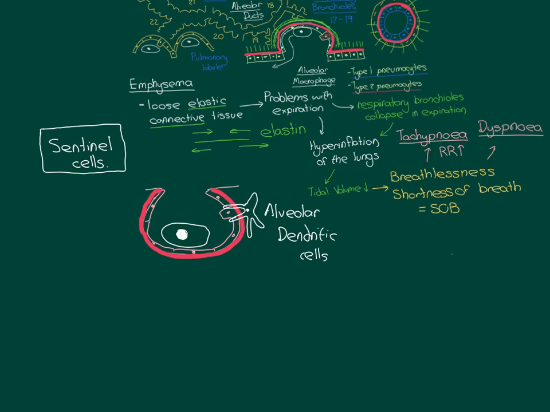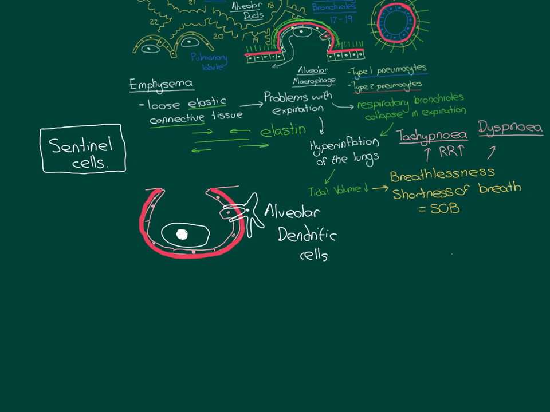You inhale dangerous gas full of poisons all the time. What is going to happen? These things are going to be activated, and they're going to be activated for an extremely long time. What does that mean? Because of course you're inhaling the noxious gas chronically. So over years and years, these things are going to be activated, and therefore they're going to be calling for help over years and years and years, recruiting the immune system to come and fight these toxic gases that are present within the lungs, and this is what's then going to lead to the loss of elastic connective tissue, the immune response to the noxious gas.